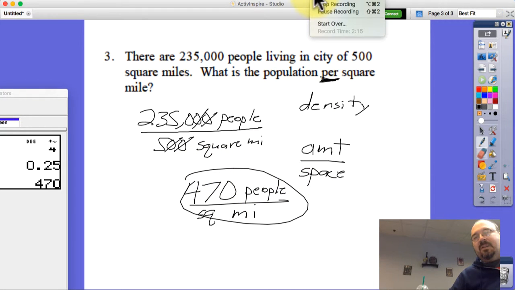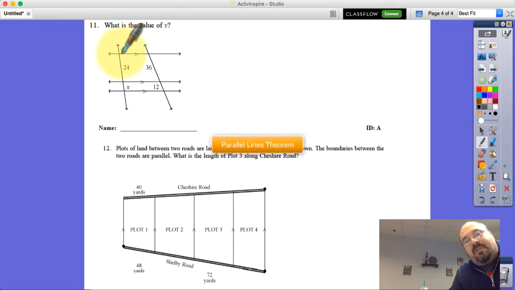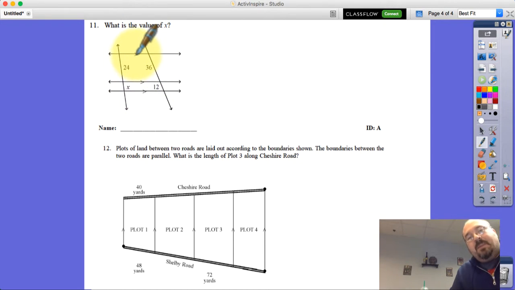The end. Okay, so we're given this shape here, and it involves 3 parallel lines. Parallel lines means that they don't cross, and I know they're parallel because these little arrow symbols across each of these lines tell me that they're parallel. There is a theorem that says when parallel lines are cut by other lines, which are called